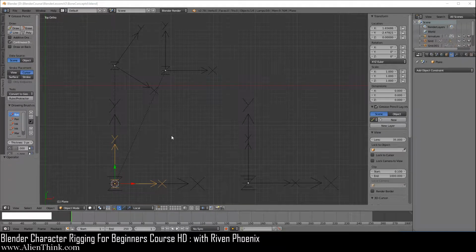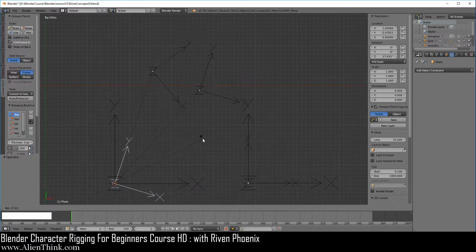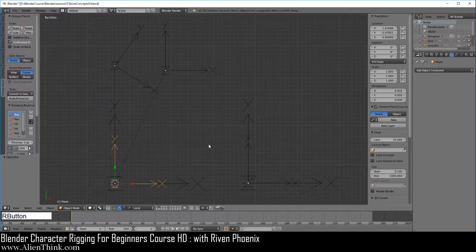Okay, so what we're going to do now is take a look at how the copy rotation constraint works when you are telling a child object to copy the rotation of its parent. Now, this is going to be very tricky to visualize, because when you click on the parent and press the R key to rotate, the child will always follow whatever the parent is doing, okay?